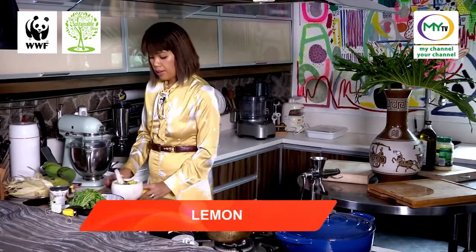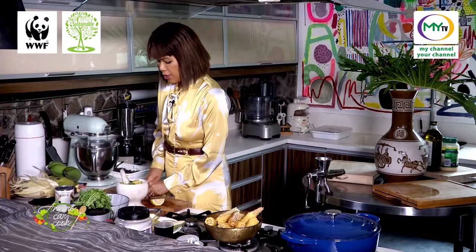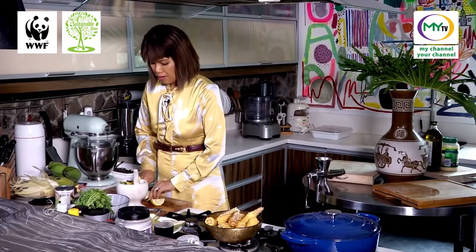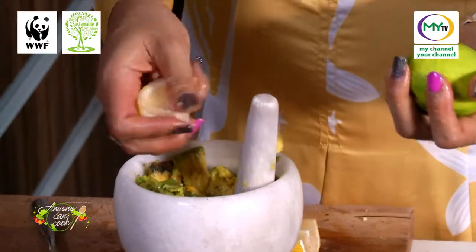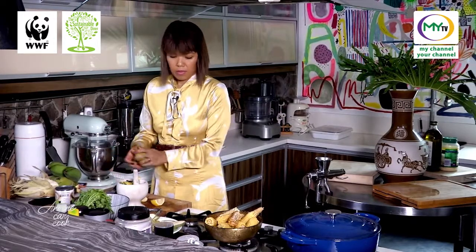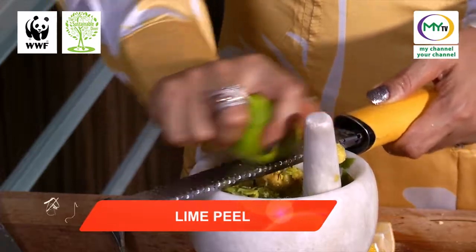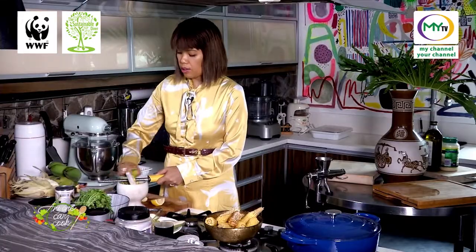I got some lemon wedges, put it in there and you squeeze it in. Very easy. You get your lime, which is right here, and you're going to take only the skins of the lime. Skins of the lime. And you get it in there to yield with all. I'm finding that my bowl is too small, so what I'm going to do,